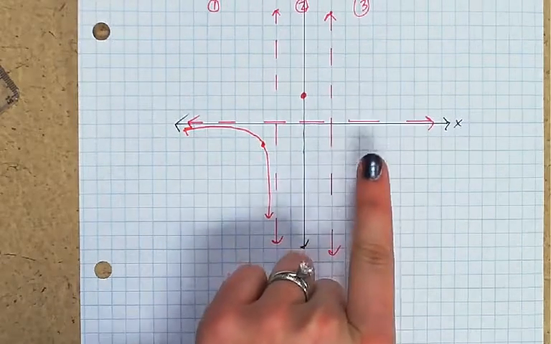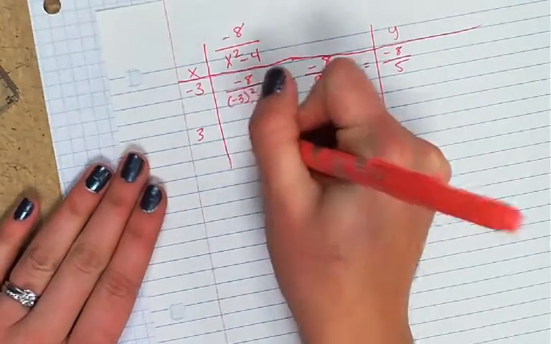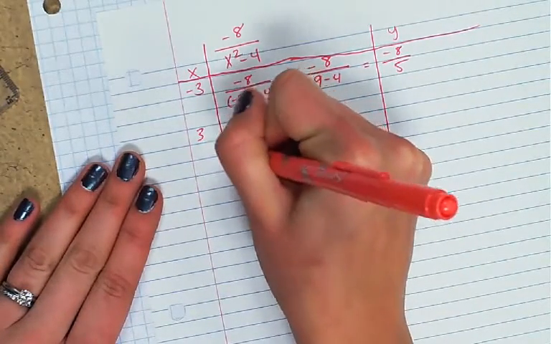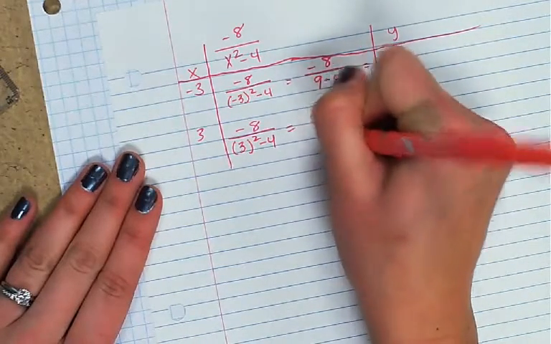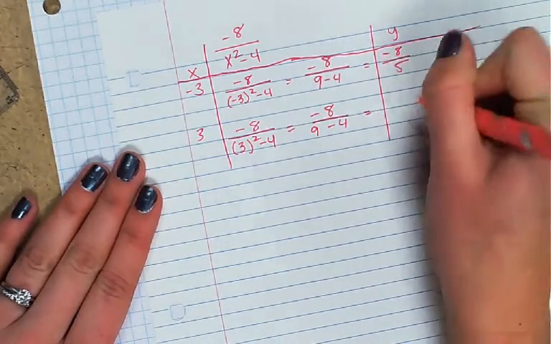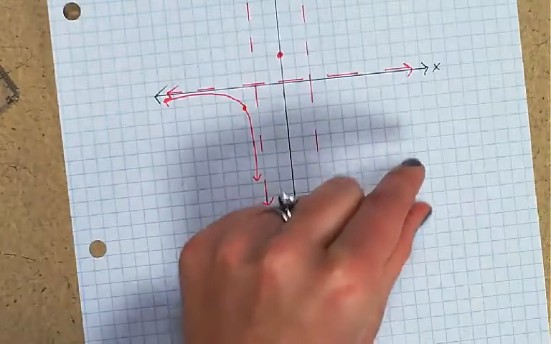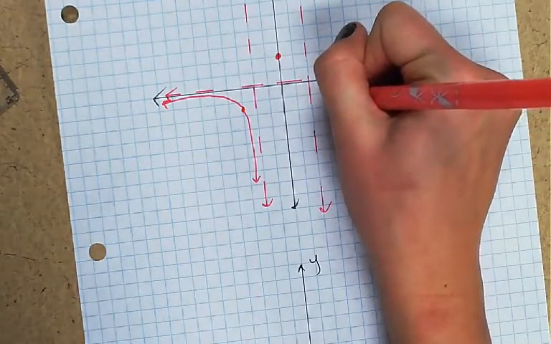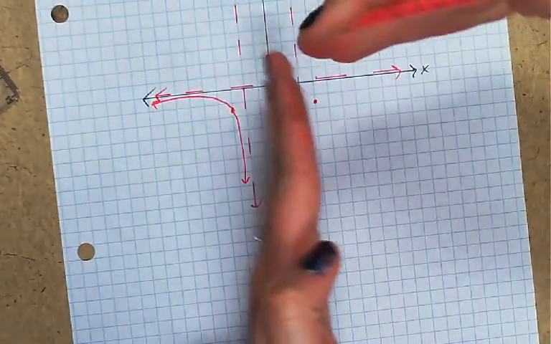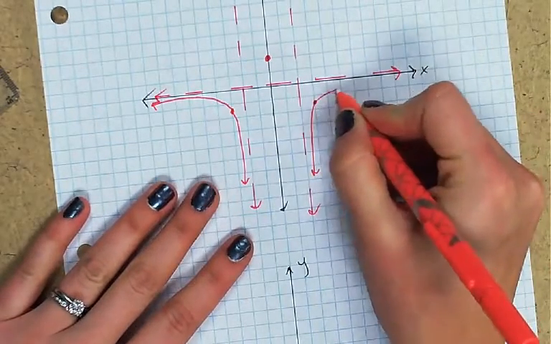Now let's see what's going on over here on the right at +3. This is +2, so I'm going to just see what happens at 3. Same thing, negative 8/5. So it is also stuck down here in this corner. At positive 3, we're at negative 8/5, which is about there. So again, stuck down in this corner here. The way it has to go is it has to go down forever, and then it levels off here